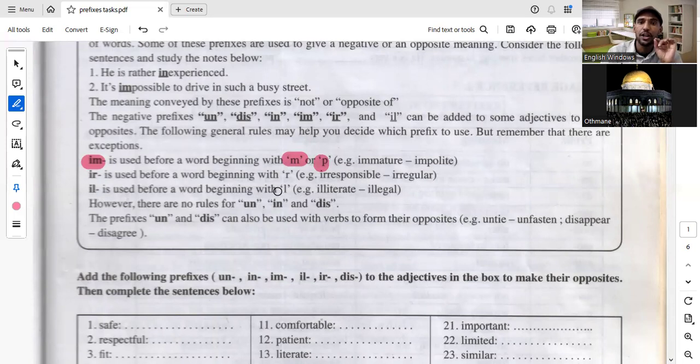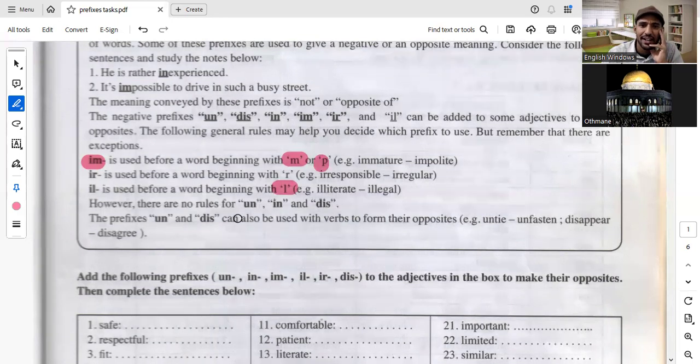And basically for adjectives that begin with L, we have literate, مثقف قارئ. Illiterate, أمي، ليس بقارئ. Legal, قانوني شرعي. Illegal, غير قانوني. As we say illegal immigration, الهجرة غير القانونية والسرية. However, as I said, there are no rules